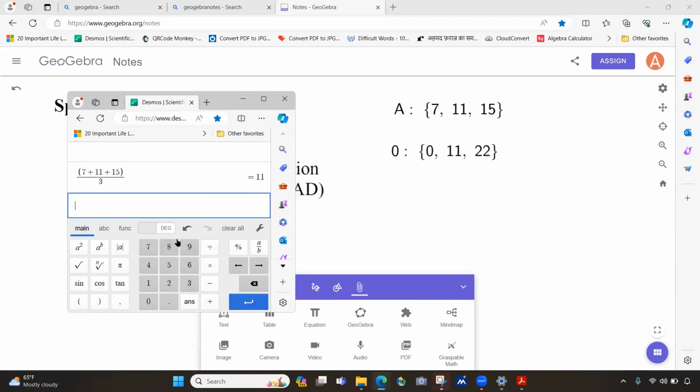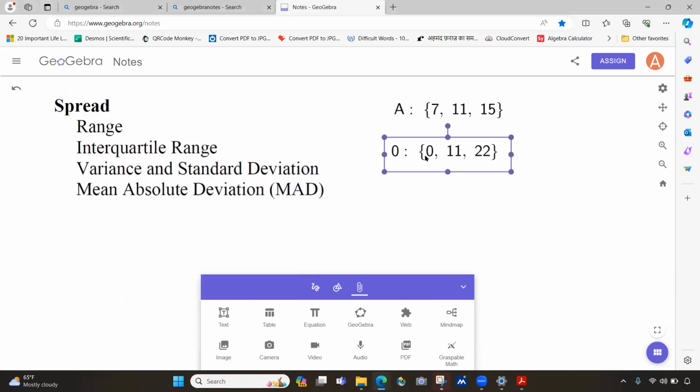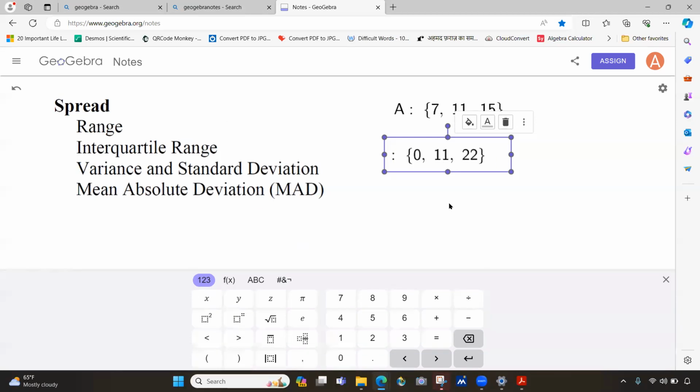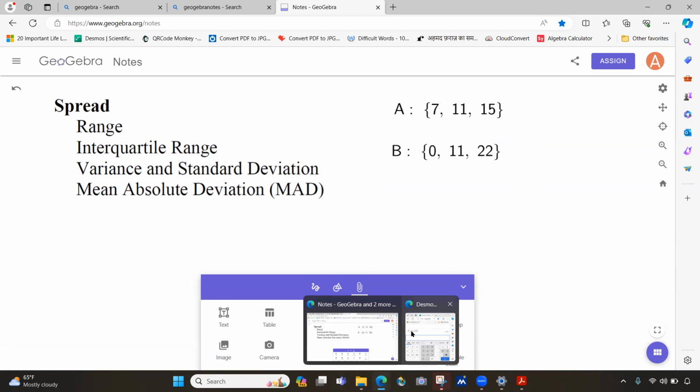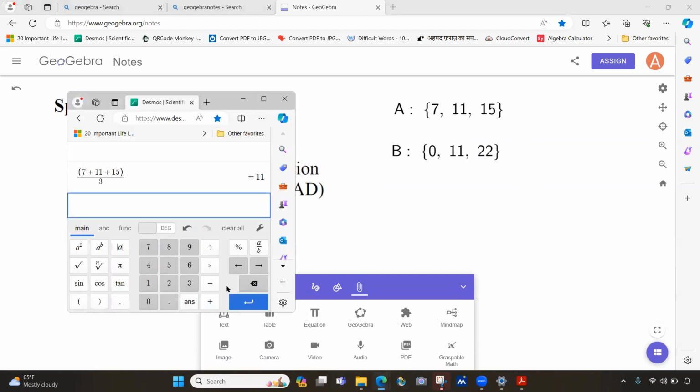The arithmetic mean is 11 for the first data set. And the second one, we're going to call it B, is 0 plus